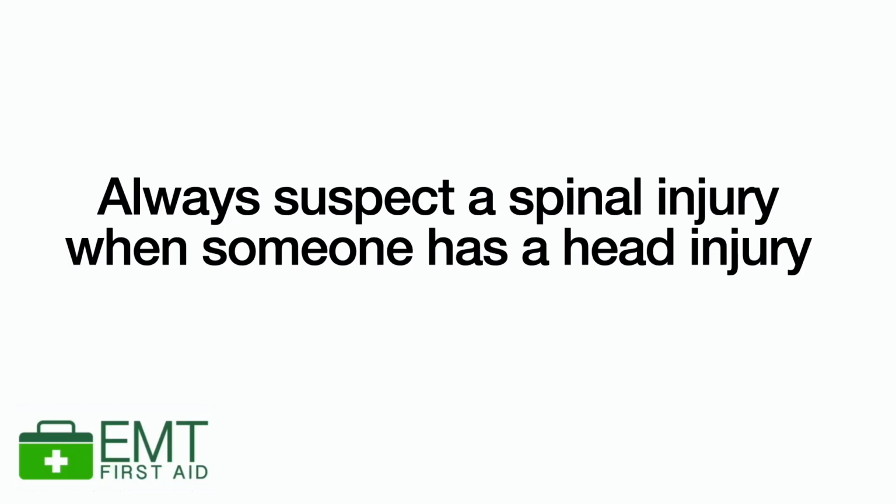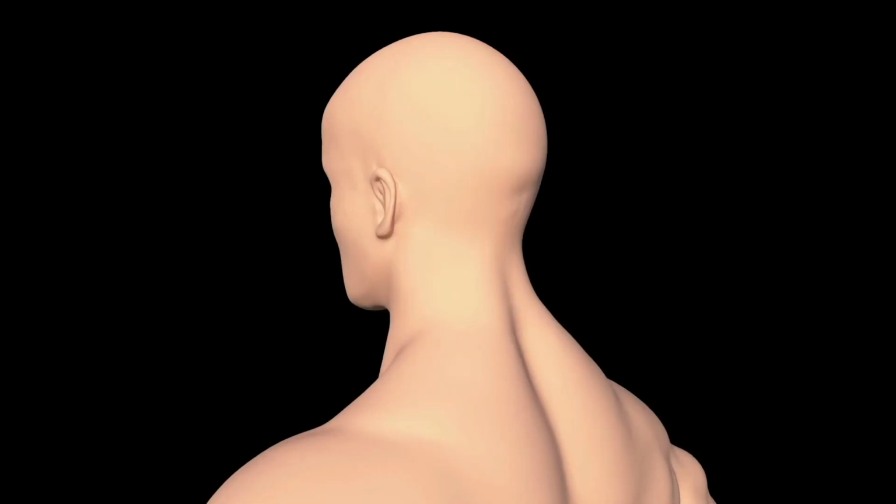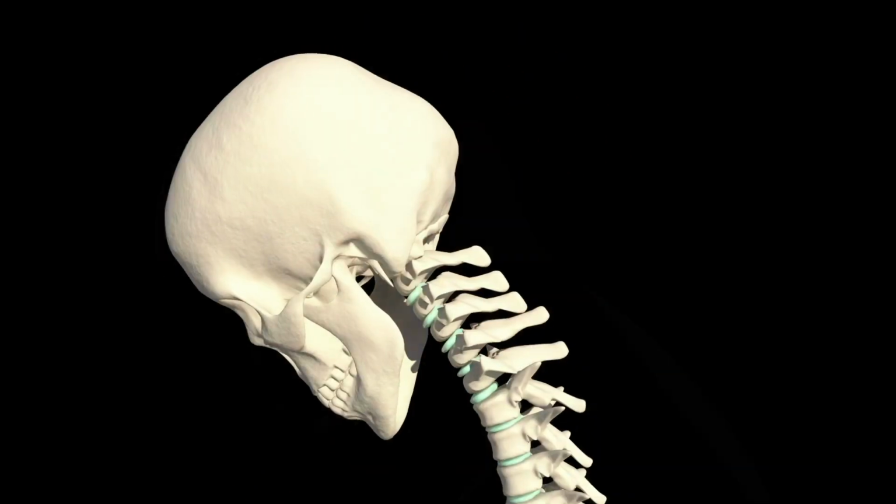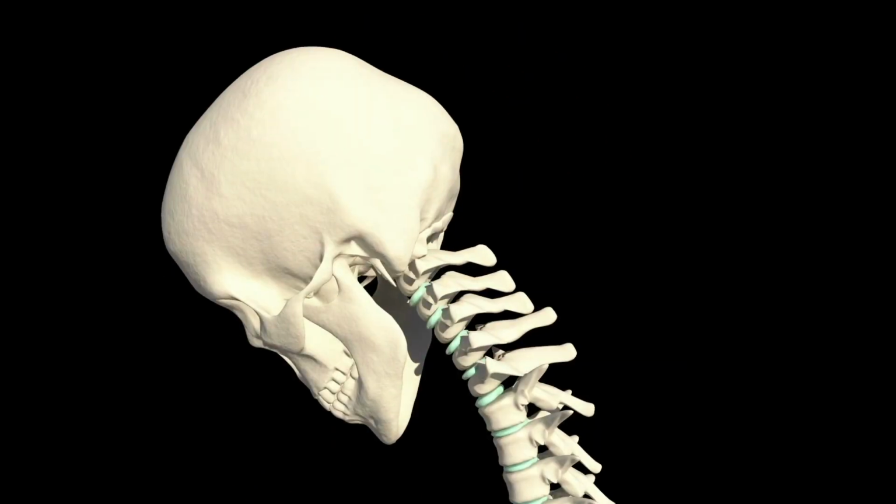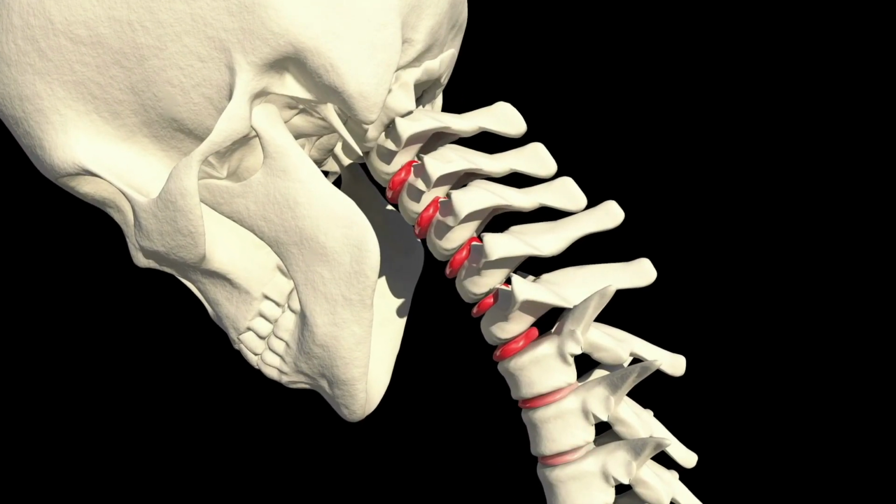But you should always suspect spinal injury with a head injury, and you need to assess the way that the injury happened and make your decision if the spinal injury could have happened. When a head is damaged, there are different conditions that can happen, and these are from mild to the more serious. Now, when dealing with a head injury, you need to establish what level of consciousness this patient has, and